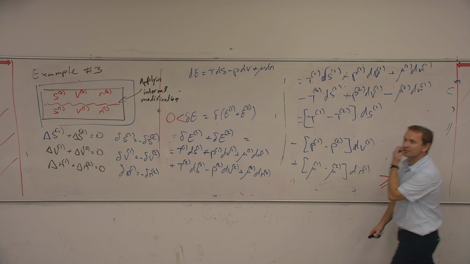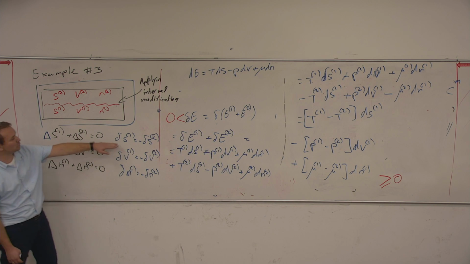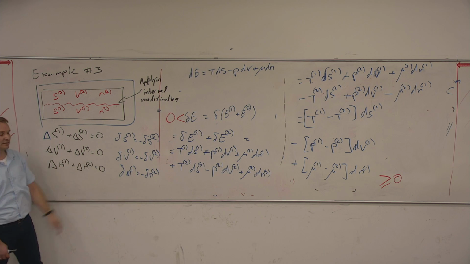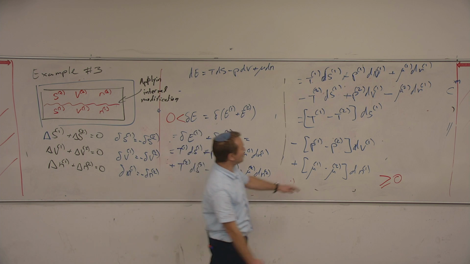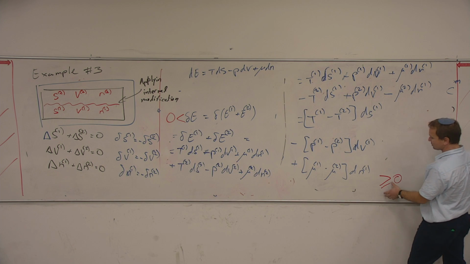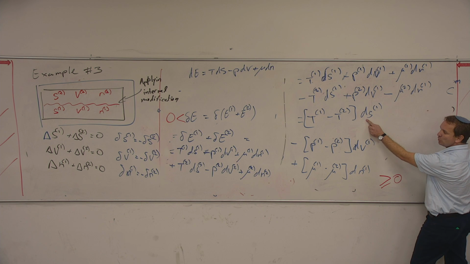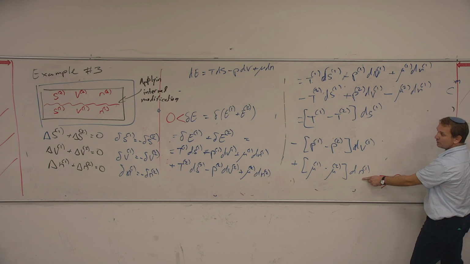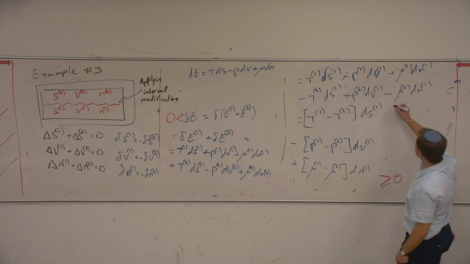Now, my internal modifications are unconstrained. I can make delta S1 positive or negative. I can make delta V1 positive or negative. I can make delta N1 positive or negative. Okay, so if we look at this sum, it is greater or equal to 0. This can be whatever I want, this can be whatever I want, and this can be whatever I want. When all of this inequality or equality is satisfied, okay, only when